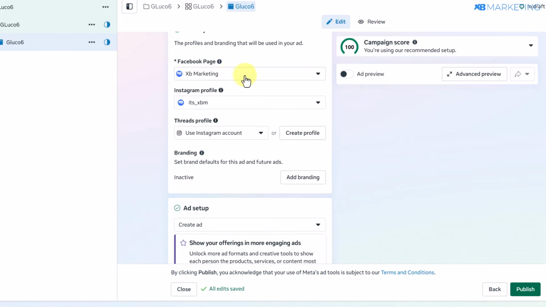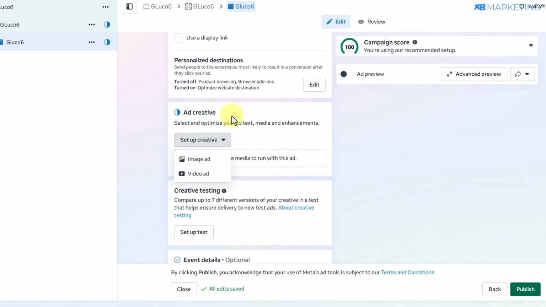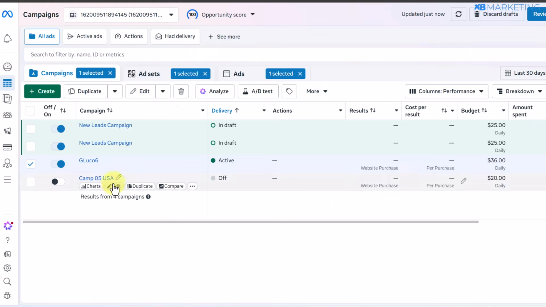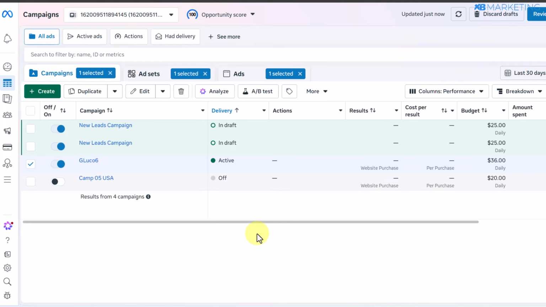This is where you then want to select the Facebook page you'll be using to run this ad. So you want to scroll down here, and this is where you want to enter your domain URL. And then here you want to then come over to enter your creative, be it image or video ad. So once you do that, you're going to see what your ad is going to look like right here. And this is literally all you need to do. Then you want to click on publish. So as you can see here, this campaign is now active,